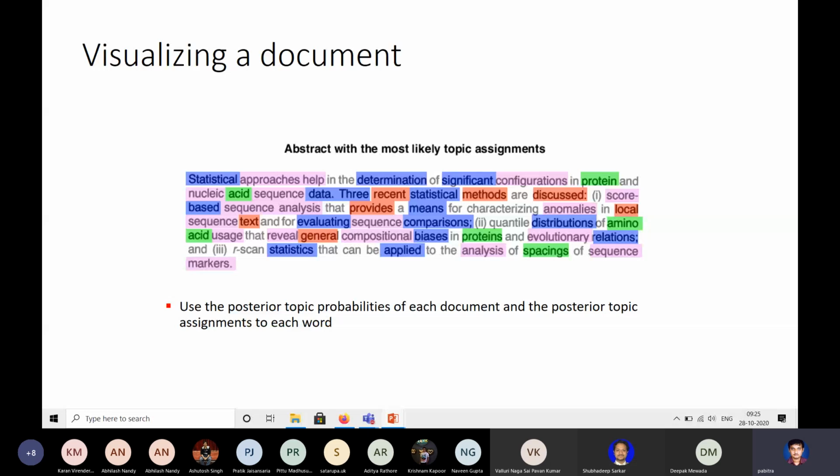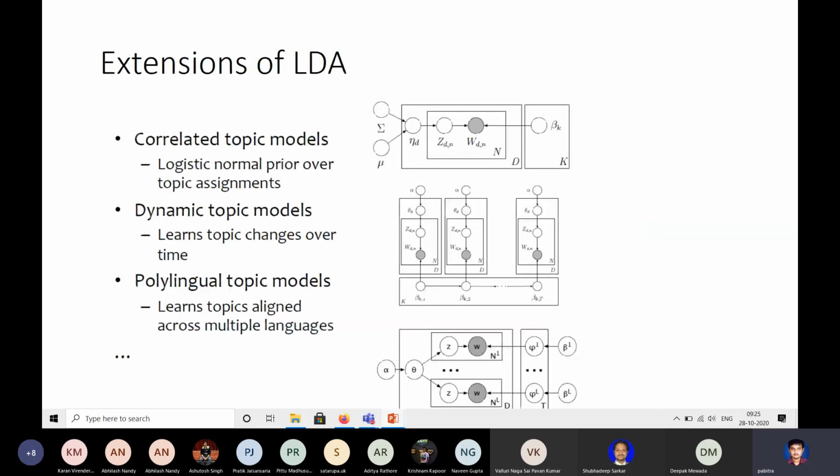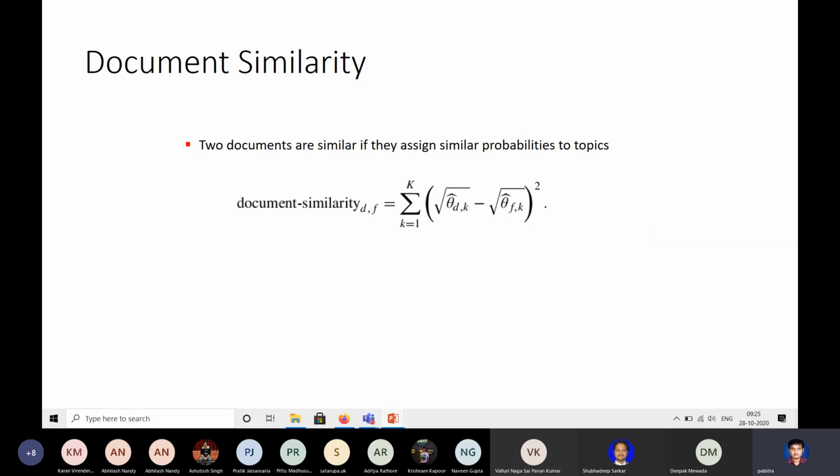So this is a very powerful model. It need not be restricted to text only. Your tokens or words can be image features. In fact, it was very much used with image features, and your collection can be a collection of images. Or if your document is a DNA, then each word is a gene.